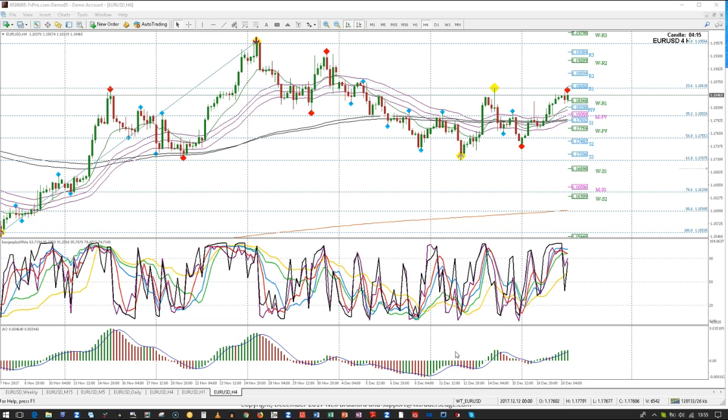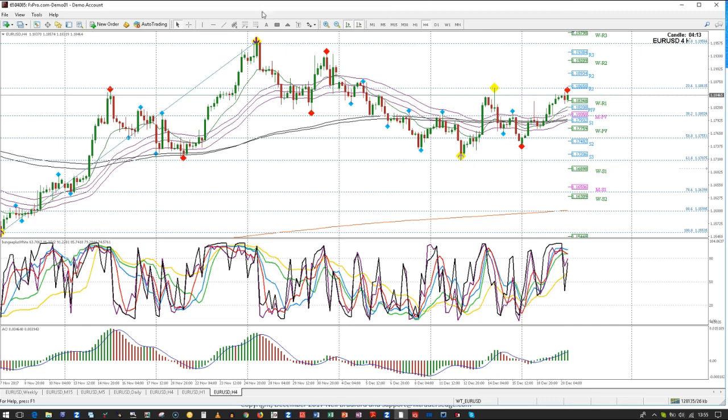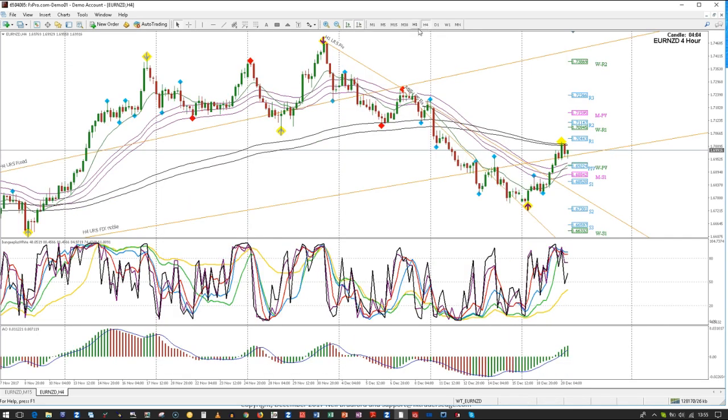Can we look at the Euro New Zealand on the H4? Yeah, we can. Well, we don't have a royal yellow trend line break on this chart because there were no intervening yellow semaphores between the two royals, so we can't draw one. But we can go down to the H1